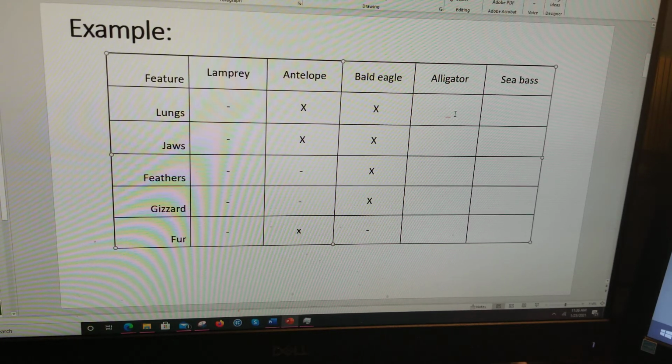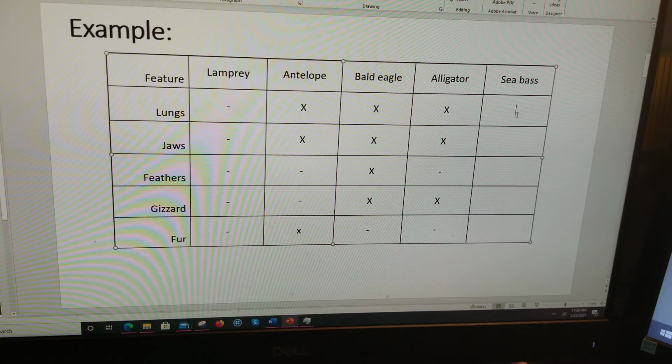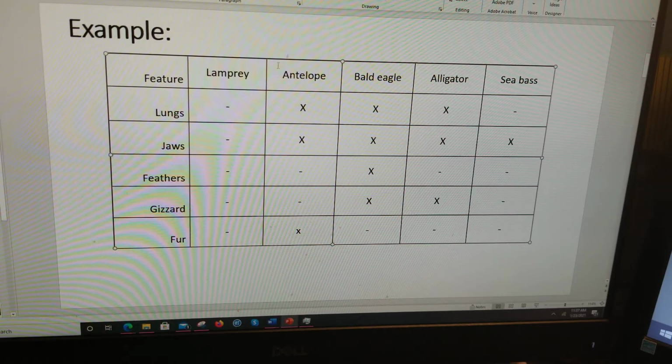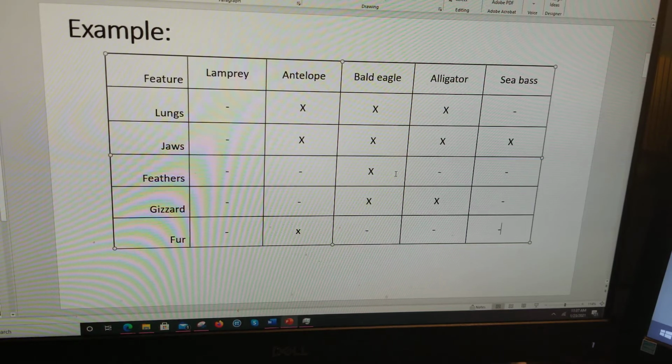The alligator has lungs, it has jaws, it does not have feathers, it has a gizzard, and no fur. The sea bass has no lungs, it has jaws, no feathers, no gizzard, and no fur. So this completes the data collection. And so this is our data right here, the data set that I will be using to help me with